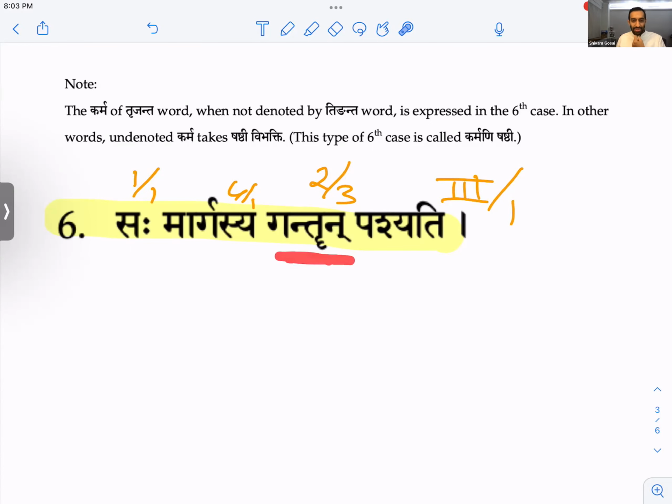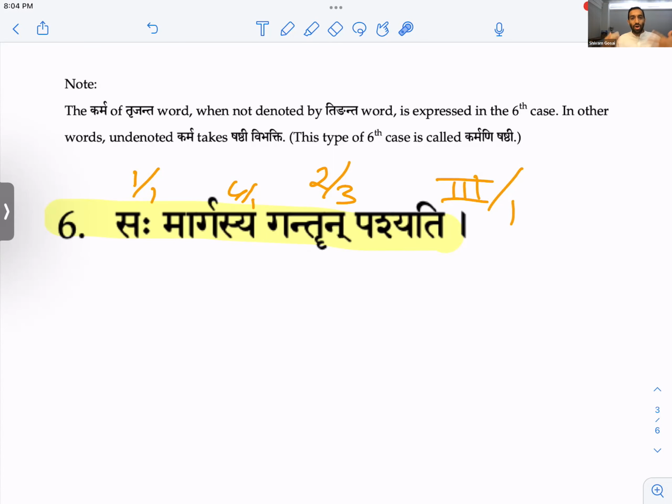Okay, what does gantru mean? It means goer, or the one who goes. The one who goes, a traveler. In English we don't ever say the word goer. So travelers or goers. So the one who sees the travelers or goers.